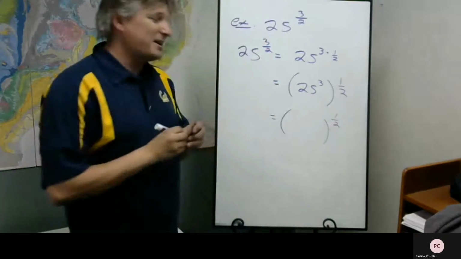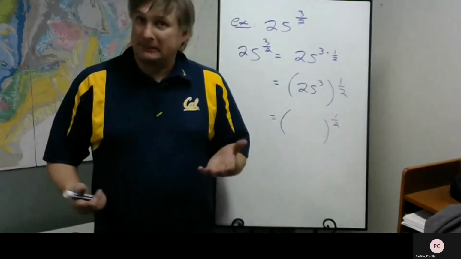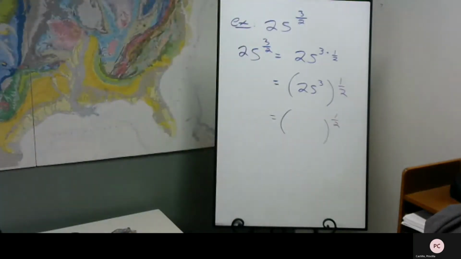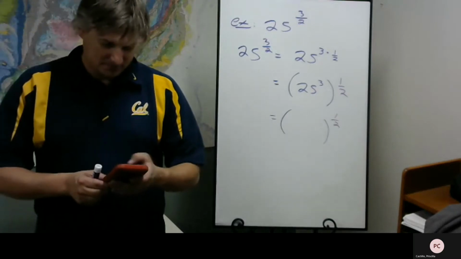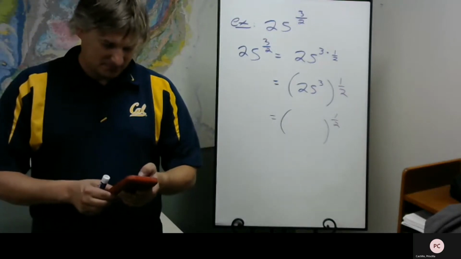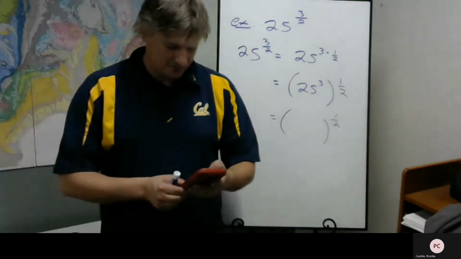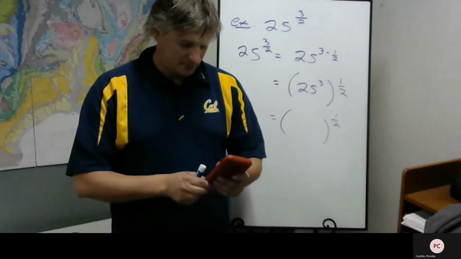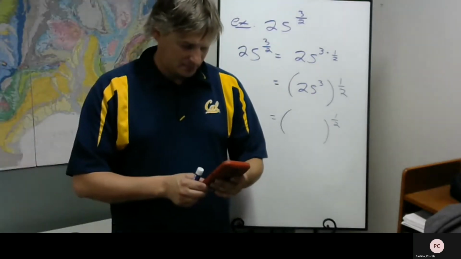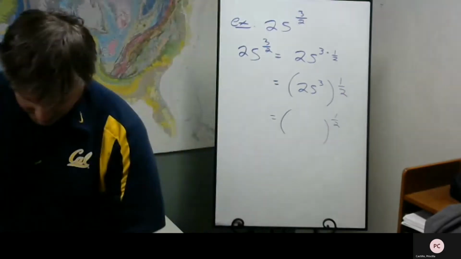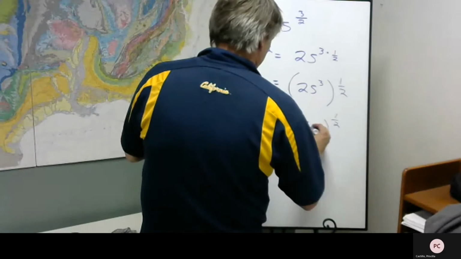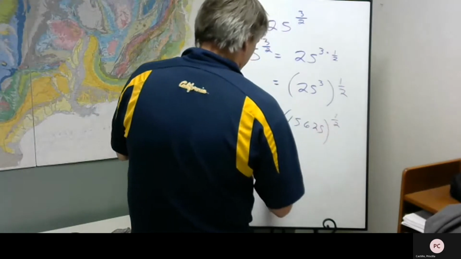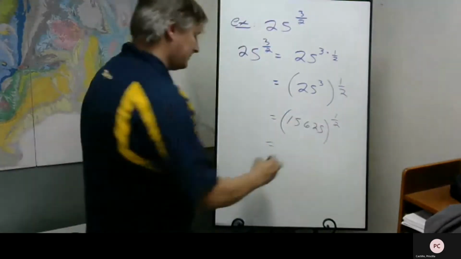So what's 25 cubed? I'll calculate this one. Let's see here. 15,625. If we take the square root of that,